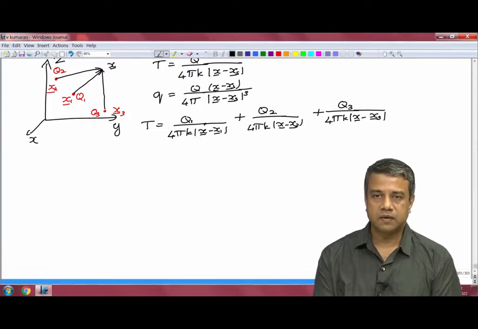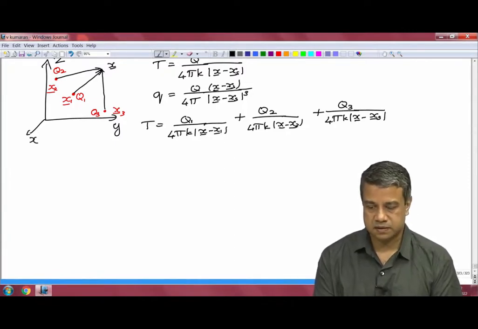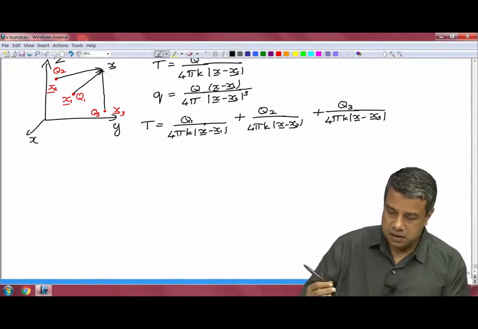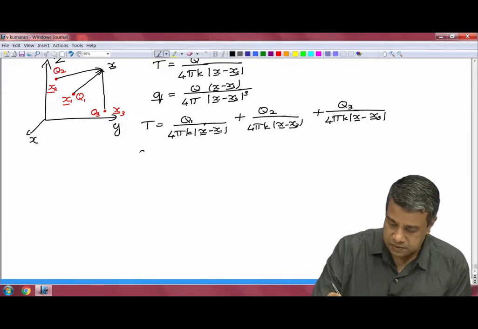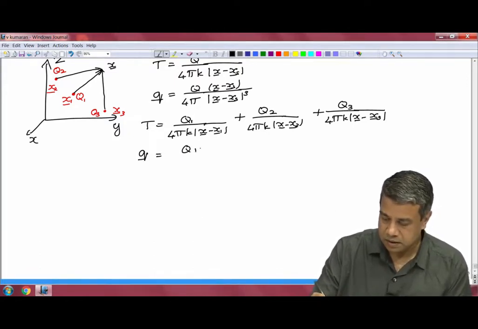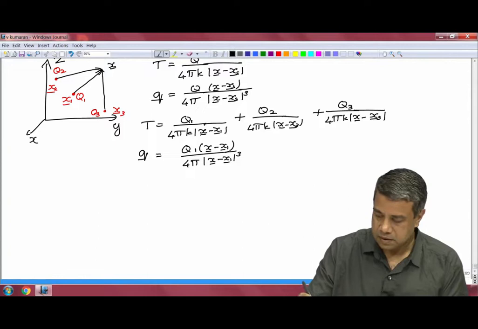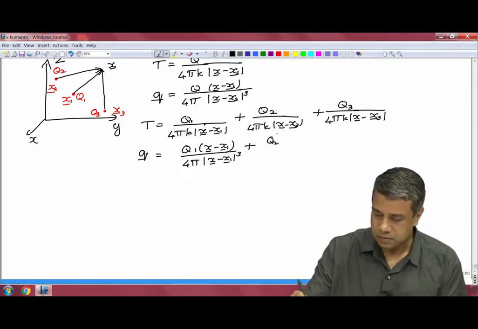I do not have to worry about applying boundary conditions on a domain of finite size, because these are all point sources. And the heat flux is once again the sum of the 3 heat fluxes. Q1 into x minus x1 by 4 pi into x minus x1 whole cubed plus Q2